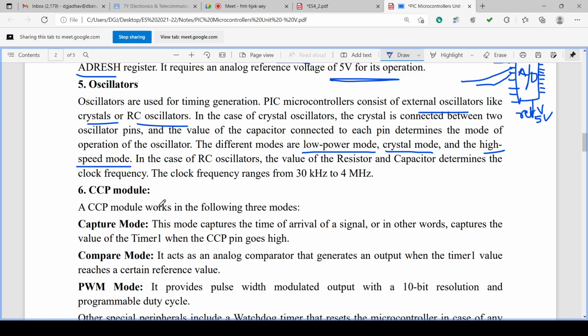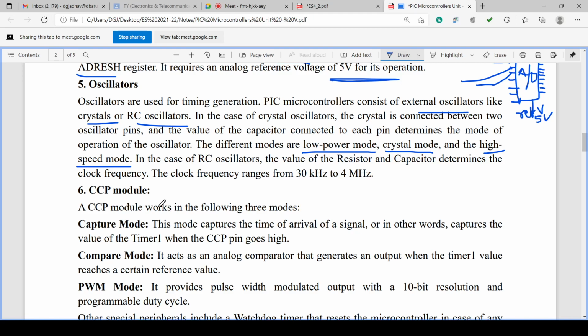So if high speed is there, it consumes more power. With low speed, power is less, but speed is also less. In crystal mode, it works with the natural frequency of the crystal.